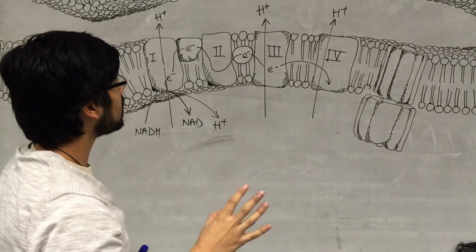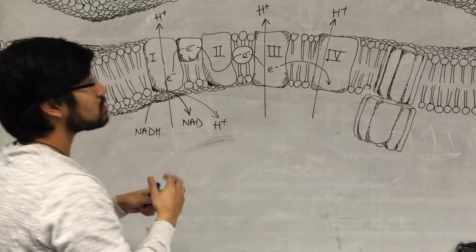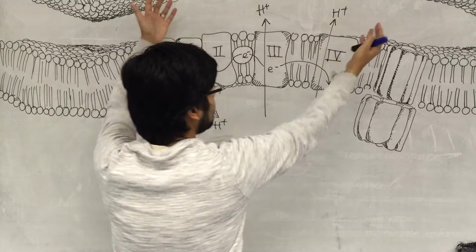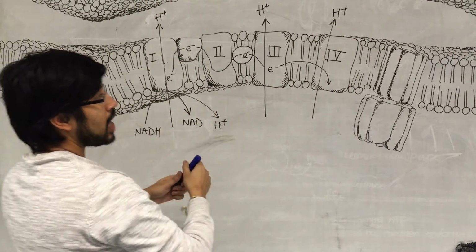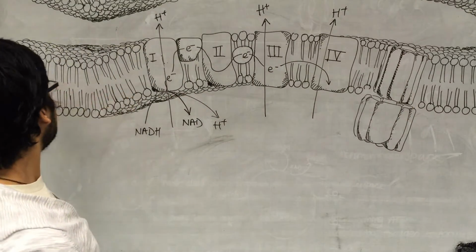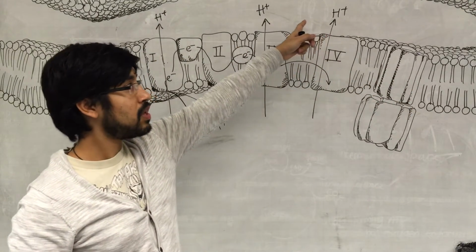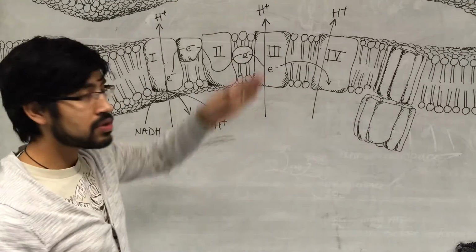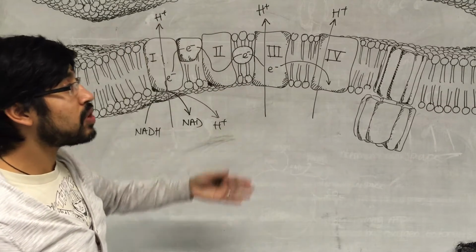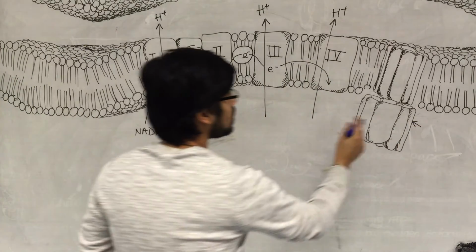It's very, very important that this is appreciated, because now we have this stored energy in this gradient. These protons are much more concentrated here than they are here, and they will have a tendency to diffuse back in if they are provided a route to do so. This membrane is incredibly impermeable to protons, but there is one route provided for them to come back through, down that proton gradient, and that is through this very important protein,